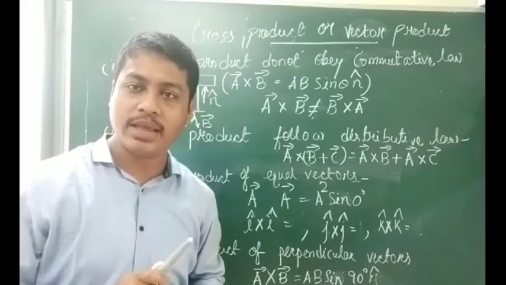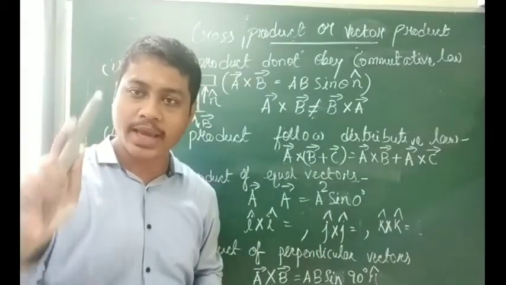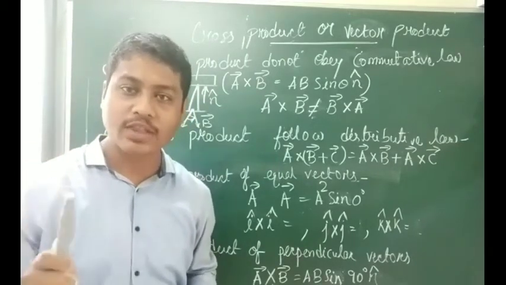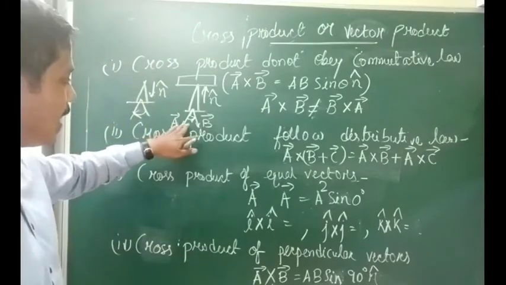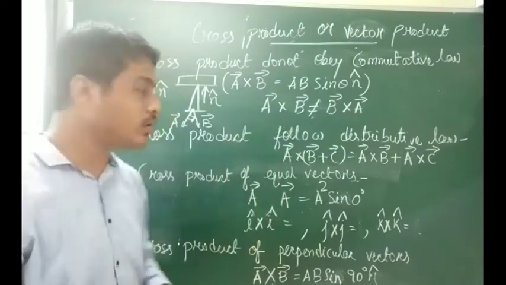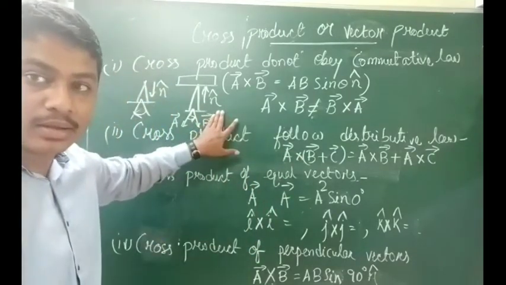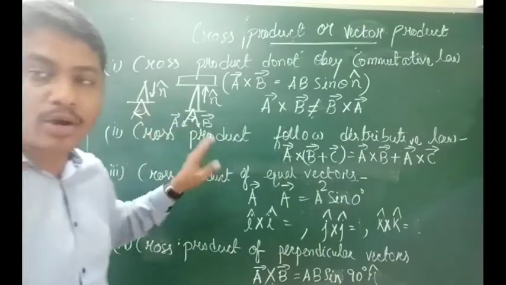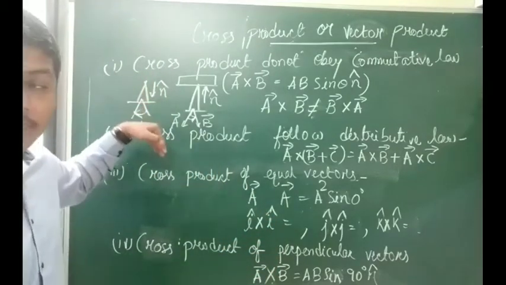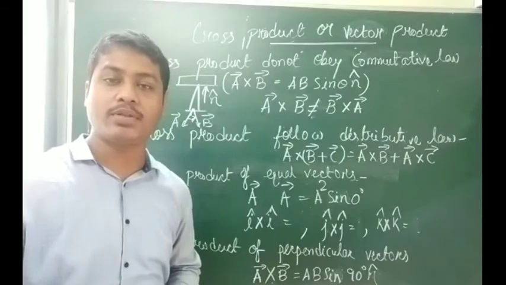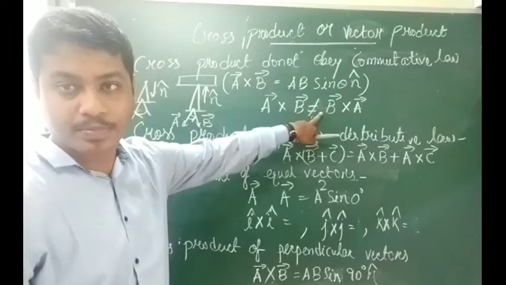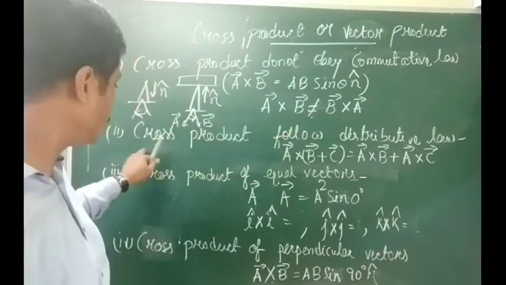That means, what does it mean? That for the third vector that we will be getting, the two directions are different. So that's why, suppose if I write A cross B, the answer will be equal to C, for this one it will be plus C. Similarly, for this one, A cross B, the answer will not be plus C, because you can see the direction here, towards the downward direction. So that means A cross B will be equal to minus C. It will not be plus C. That's why we have to put a minus here. Clear?